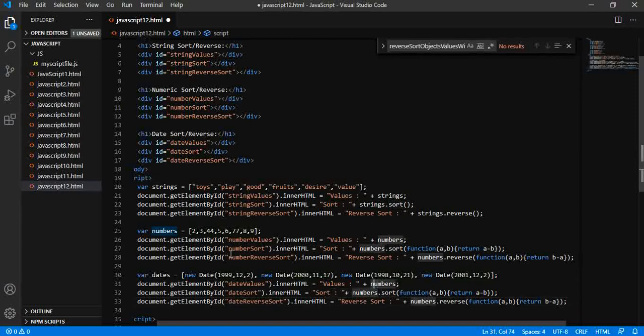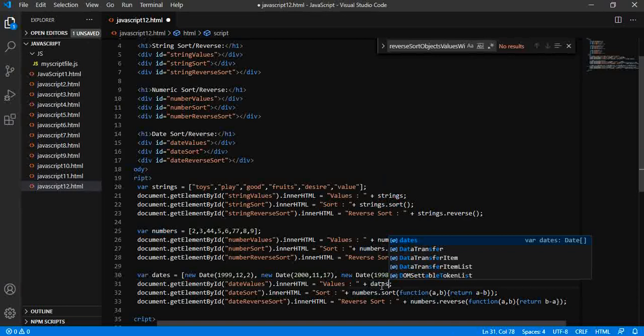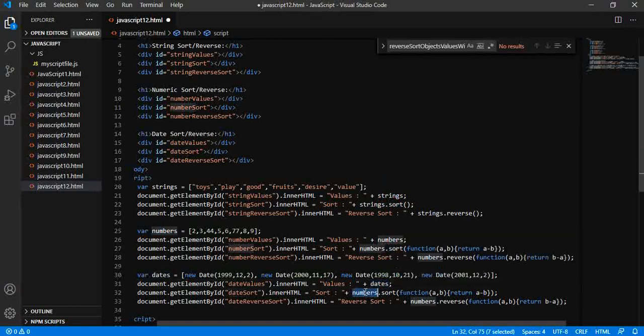Here we need to define dates. Save the file, and